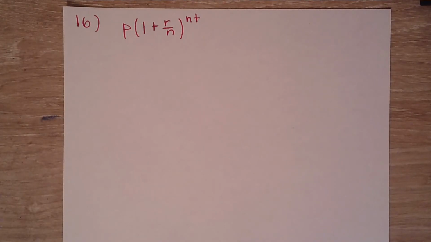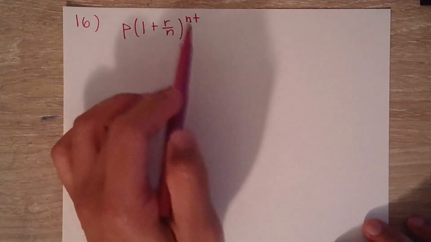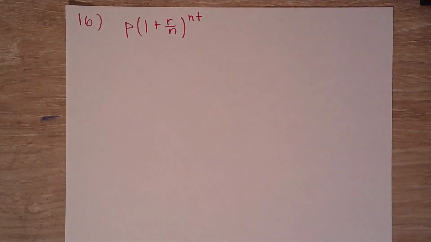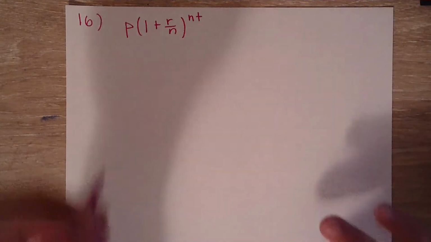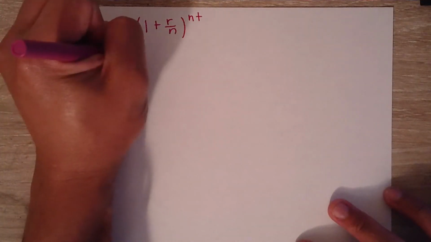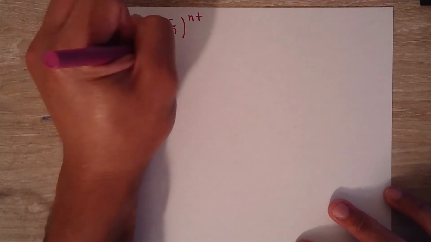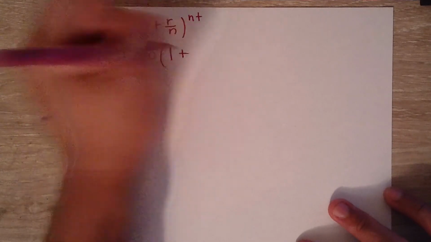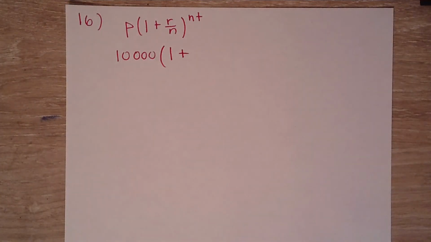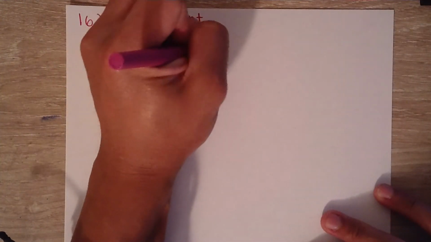All right, number 16. I started with my formula. It's always good to rewrite our formula so that we can keep ourselves organized. P is going to be our principal, or our initial amount. It says we initially deposited 10,000, so let's write that. 10,000 multiplied by 1 plus R, our rate. It's 8%, but remember we need to write it as a decimal, so it's 0.08